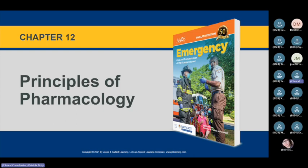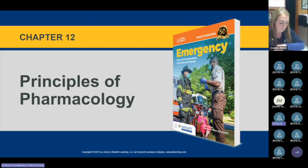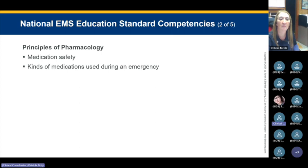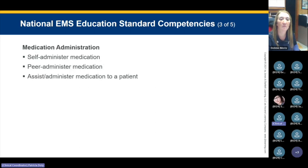Evening. We are doing principles of pharmacology tonight, and this is actually pretty fast paced. There's a lot that goes into the principles of pharmacology. Understanding the building blocks of pharmacology is paramount to anyone who is an EMT, or if you're going further and you're going to become an intermediate or a paramedic. So we're going to talk about safety and all the different kinds of meds that you may use and how